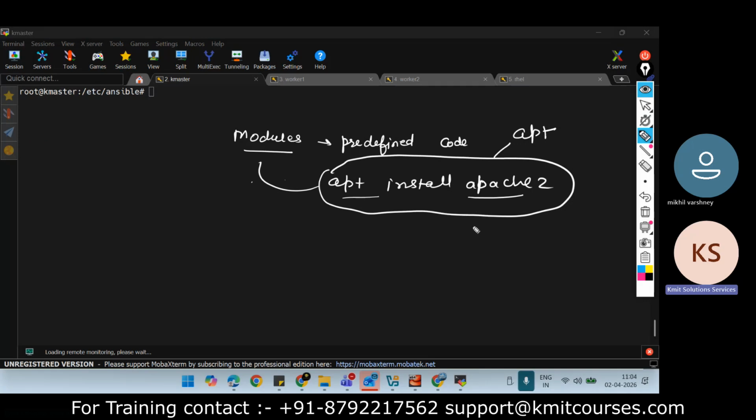Similarly, if it is a Red Hat based system, then yum. If it is Windows, you can use Ansible in Windows also, so Windows related modules will be there. So you need not write this command, apt install Apache 2, if you are using the apt module. There are some properties and methods already defined in Ansible.